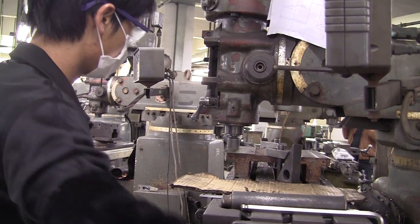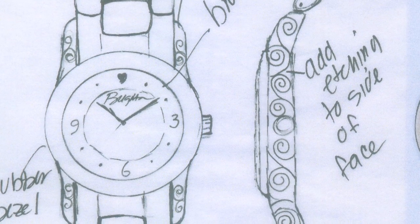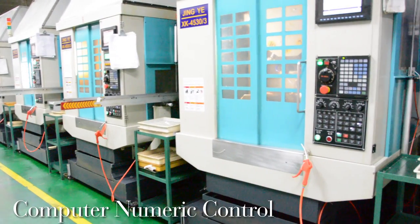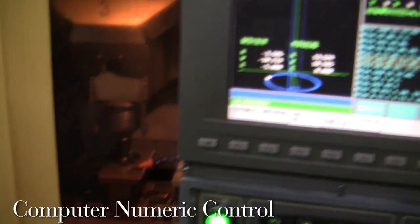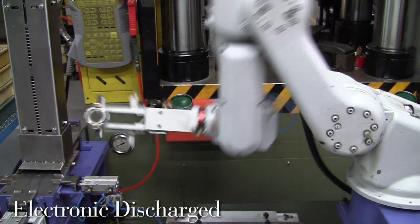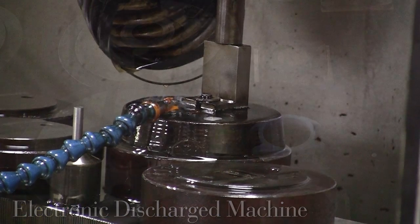Brighton found their match at the Design Time Factory. Here, they take our designer's sketch and use computers to make a technical drawing with precise dimensions. These drawings are entered into CNC machines, which make a copper replica of the design. The replica goes into another machine, which reads the copper master and uses an electrical current to create a steel